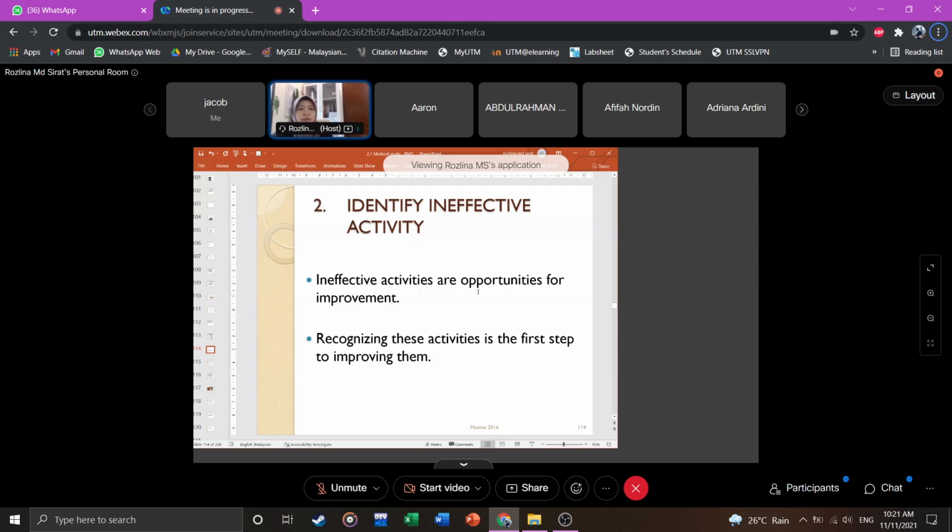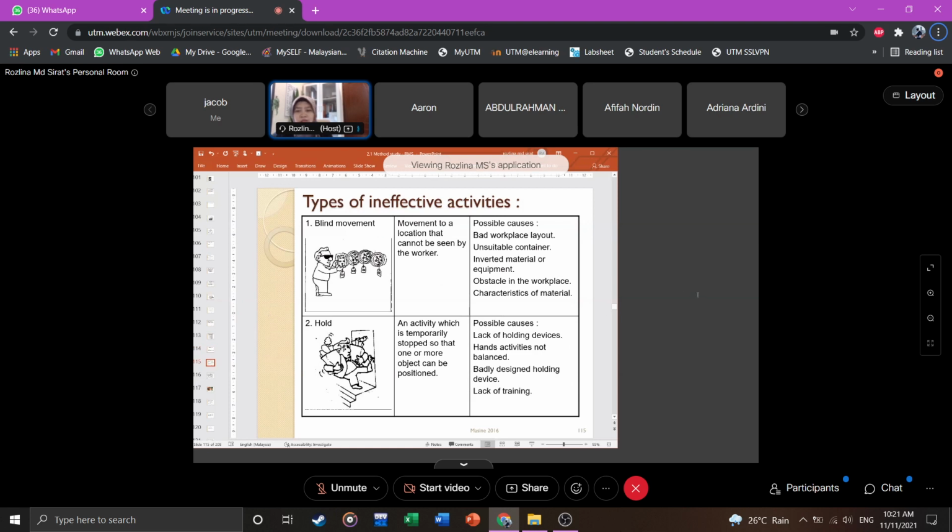Ineffective activities are opportunities for improvement. Recognizing these activities is the first step to improving them. Okay, look at the first one. Types of ineffective activities: blind movement. It is movement to a location that cannot be seen by the worker. Maybe due to bad workplace layout, unsuitable container, inverted material or equipment, obstacle in the workplace, characteristic of